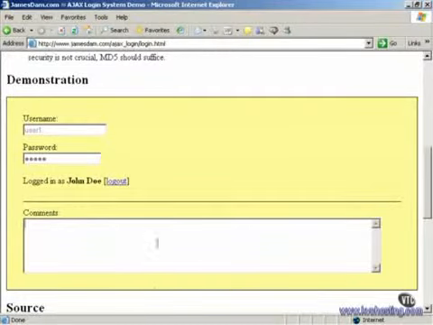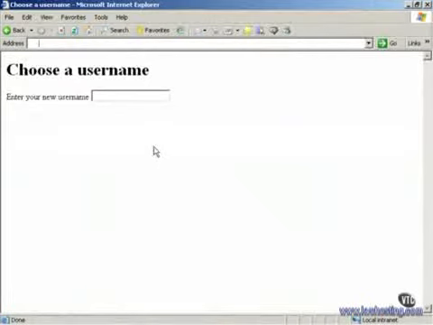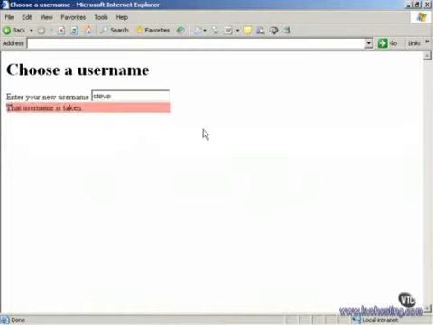As a matter of fact, you're going to see an example in this course developed, which looks like this. It asks the user to choose a username, and if that username has already been in use, then you're going to see immediate feedback that the username has already been taken. Here's an example. Enter your username, in this case Steve, and when you stop typing, you see a message immediately that says that username is taken,